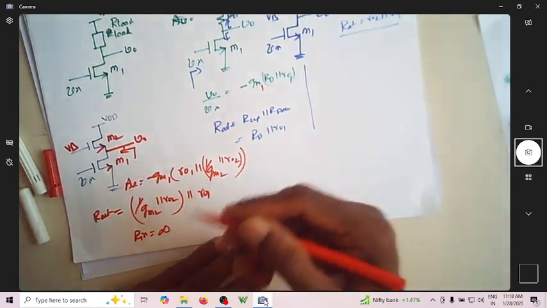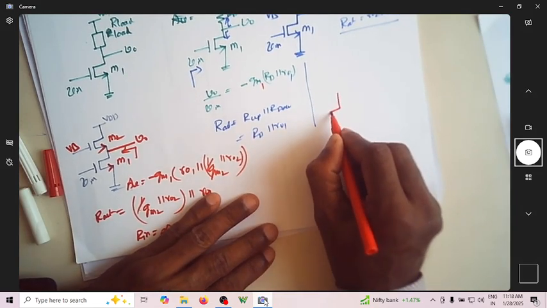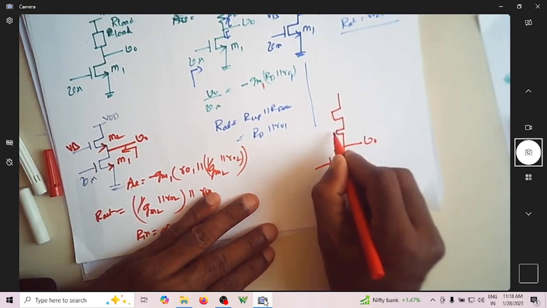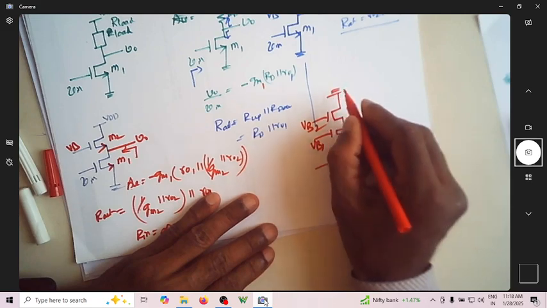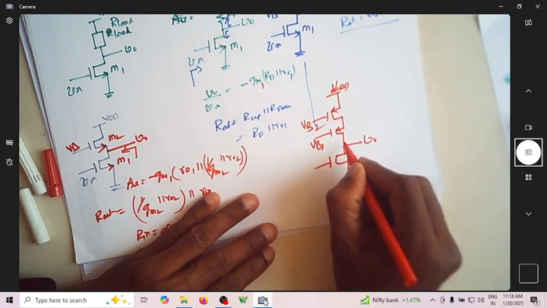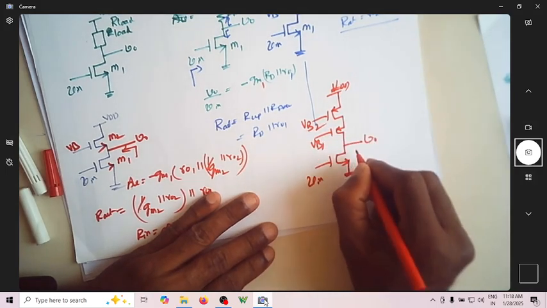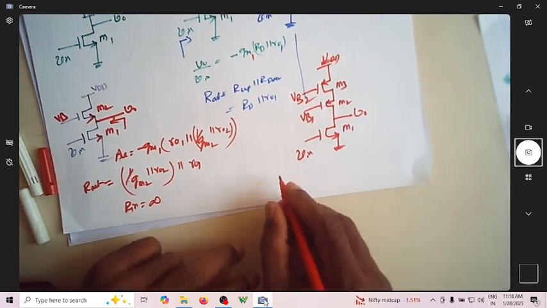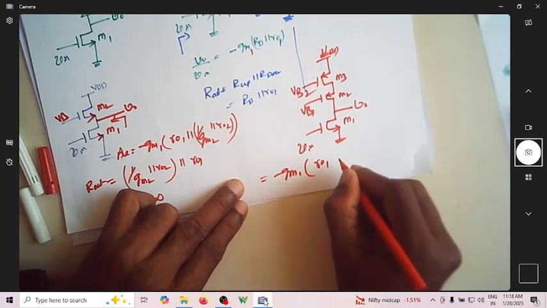Now let us think of some other different load. So load can be something like this. Assume that this is VB1, this is VB2, this is VDD, both are PMOS and this is NMOS with V in. This is a CS amplifier. So let us name it as M1, M2, M3. So what is the gain now? It is minus GM1 into R01 parallel with